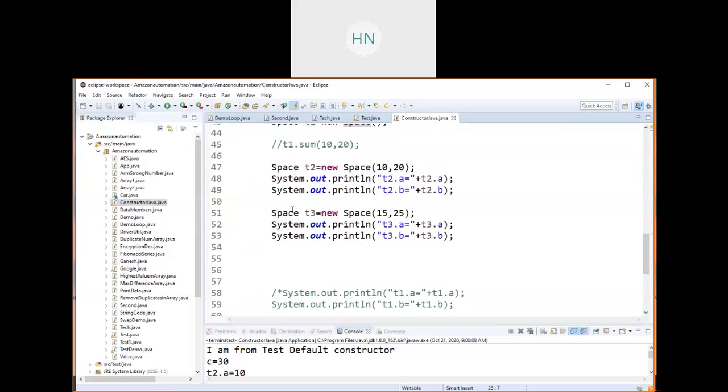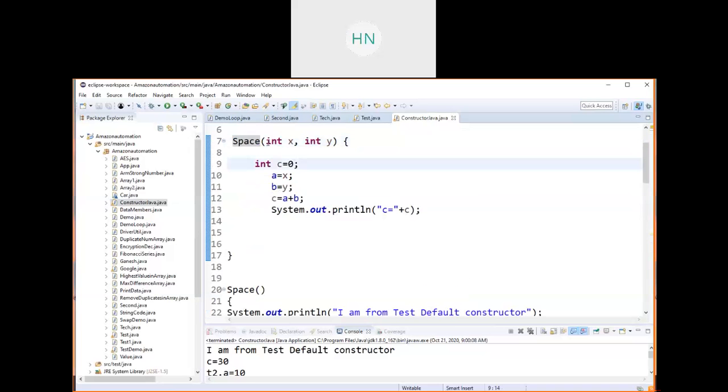The next line: I have created one object, the T2 object, using the parameterized constructor here. Whatever values you assign to the constructor will automatically be assigned to A and B, and this operation will be performed and this output you are going to see on the console.